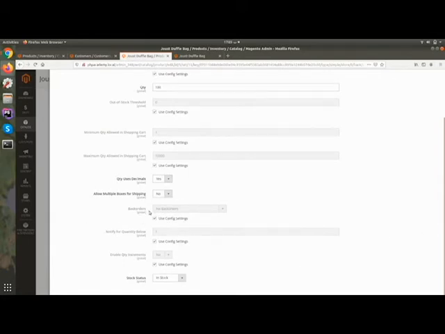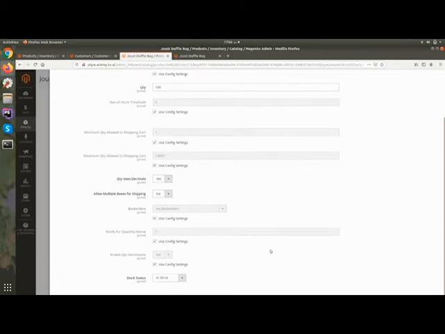Then back orders. Suppose you don't have the stock, but you are pre-launching the product, or the stock is not there but it is coming, so you still want to accept orders for the product. You can use this.